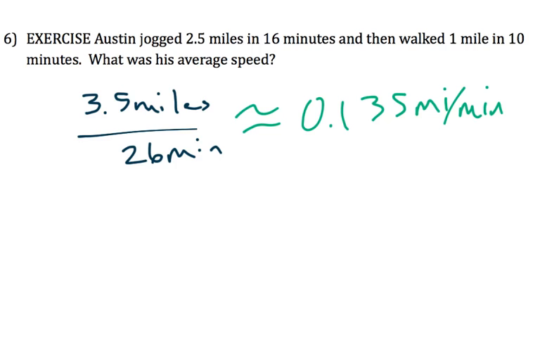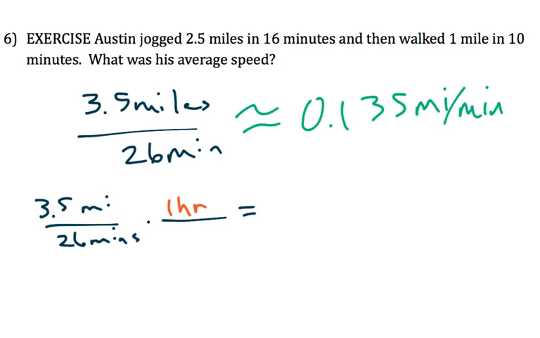And since that's kind of a weird setup of units, let's go ahead and do this with an extra step involved. So here's 3.5 miles per 26 minutes. Well, I'd rather think about this as miles per hour. And if I were to write this the wrong way, first of all, I could say there's 1 hour in 60 minutes. And when I want my minutes to cancel out,